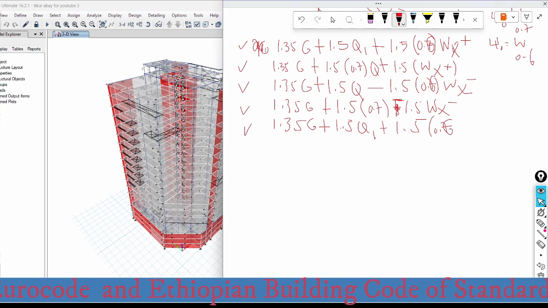So this is 0.6 times the wind in y positive direction, and the other is 1.35 times the permanent load